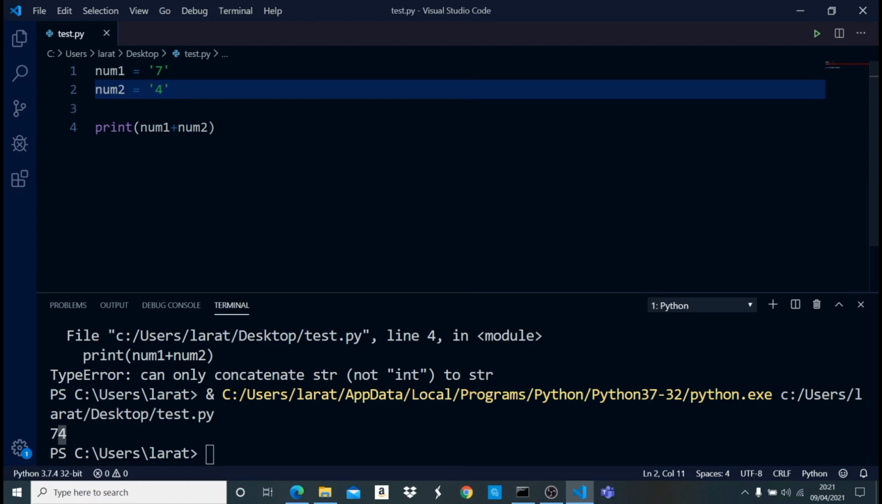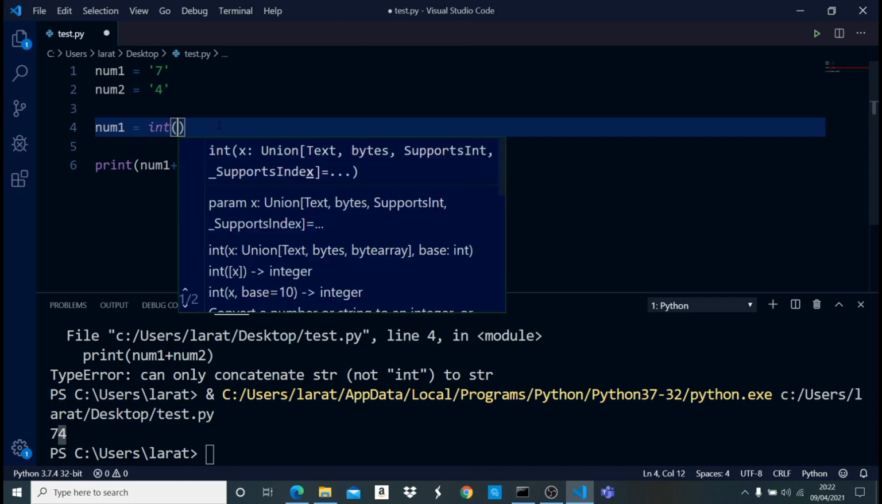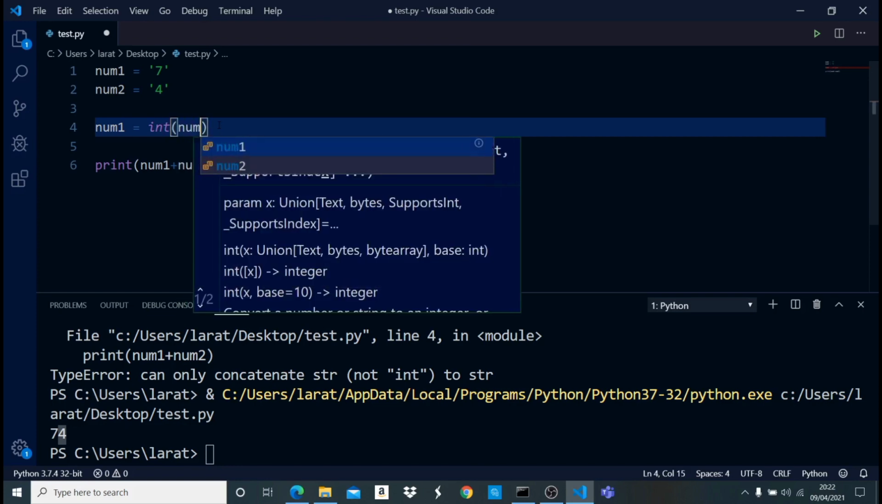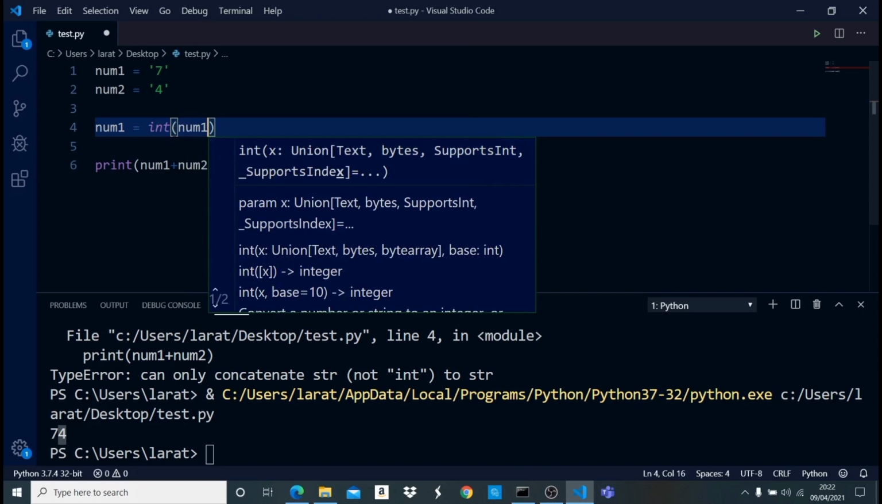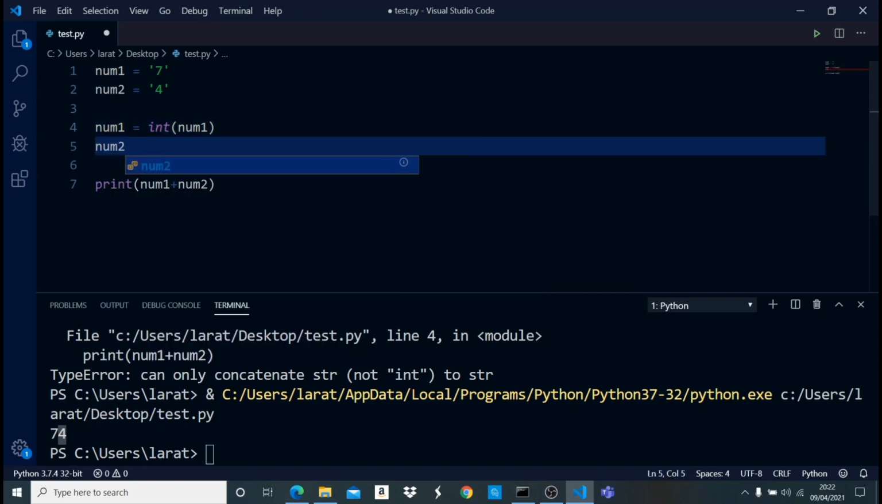Now we can just rewrite this variable again. We can say num1 should be equal to int. I'm going to put int. So this int is going to convert whatever I put inside this bracket into an integer. So I'm converting num1 into an integer. And I'm going to do exactly the same thing for num2. Num2 should be int,